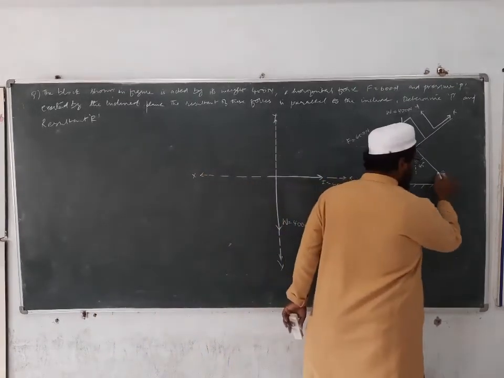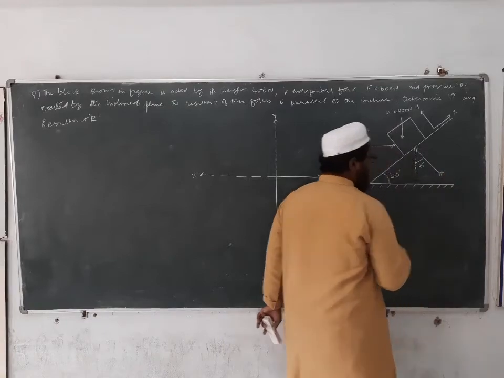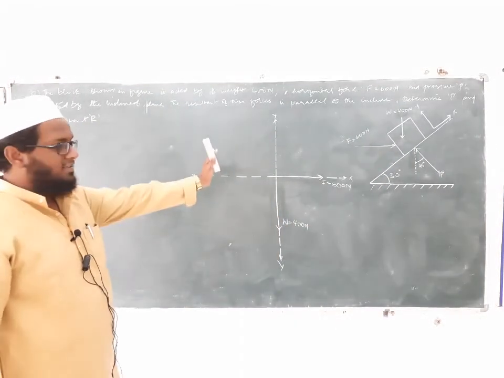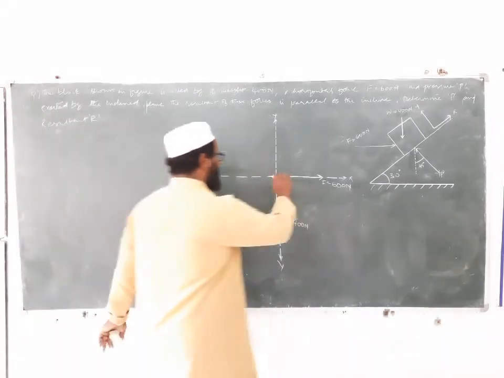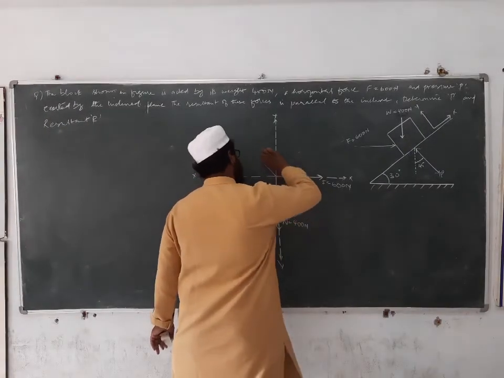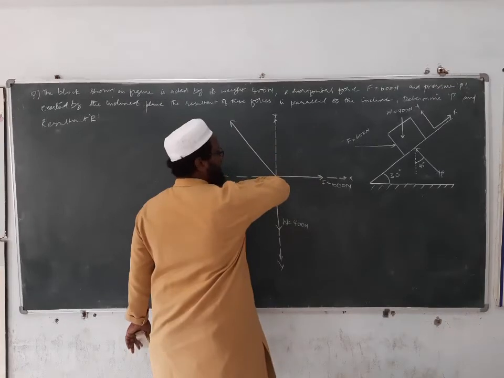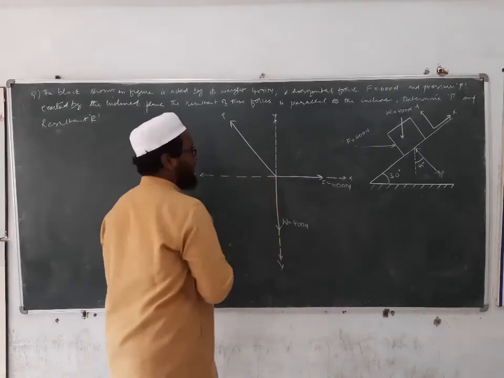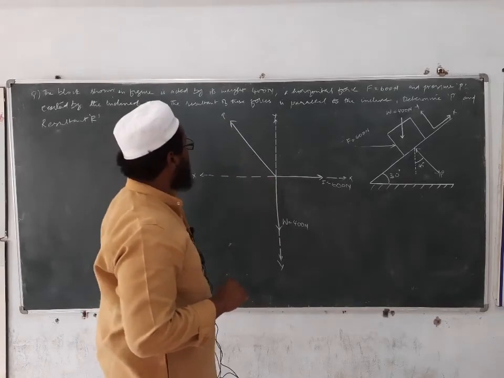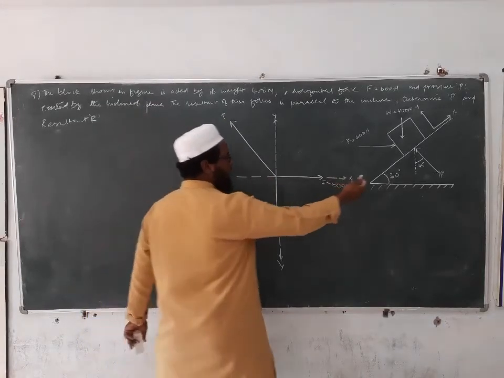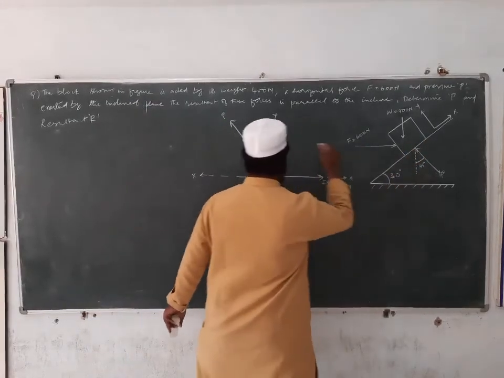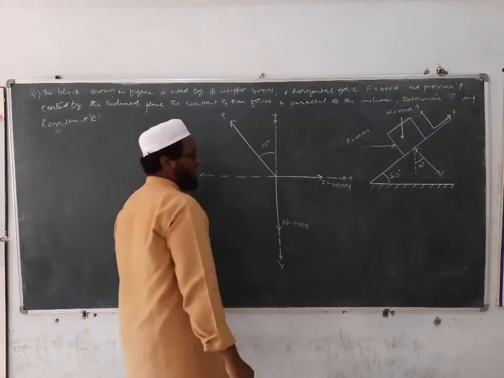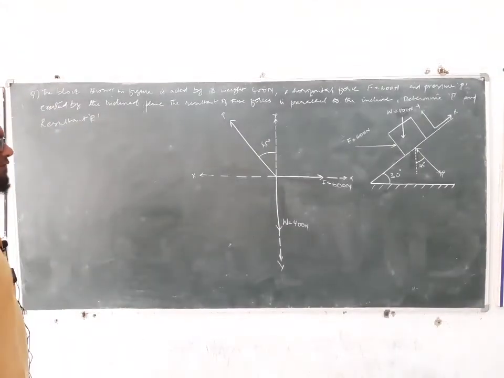Then we have this force. Now tell me, if you draw a horizontal and a vertical line, in which quadrant is this force acting? It is acting in the second quadrant, isn't it? So the force is going in the second quadrant, and this force is P. We have to calculate P, and we have an angle with the y axis. This is the vertical line, so this theta is given to us, that is 45 degrees.